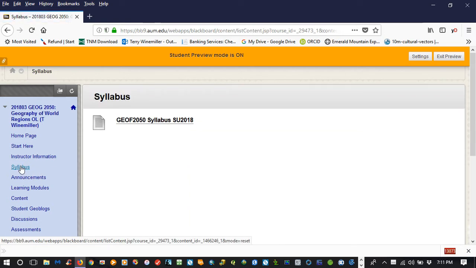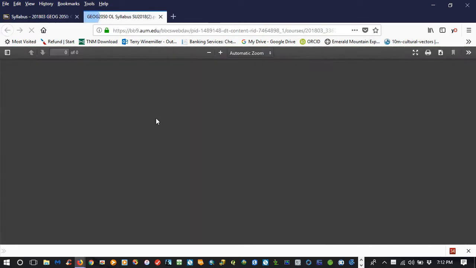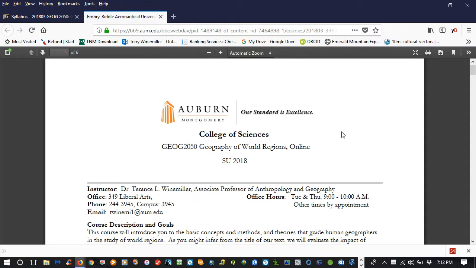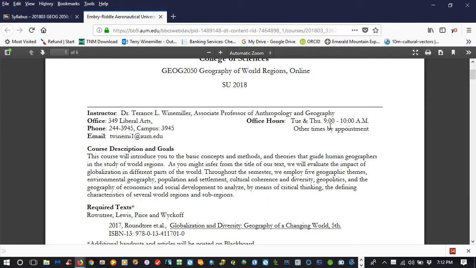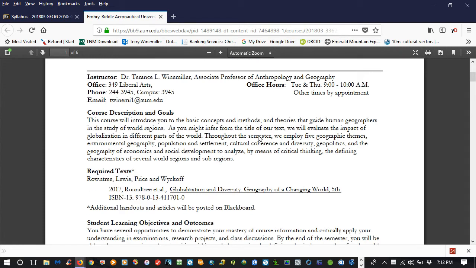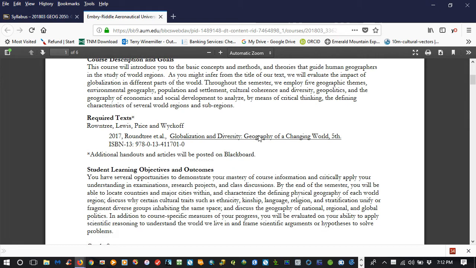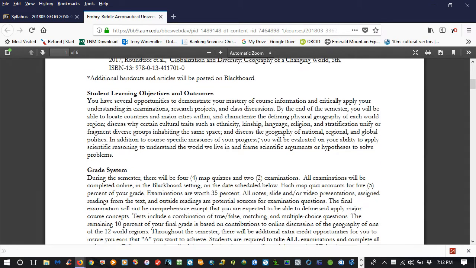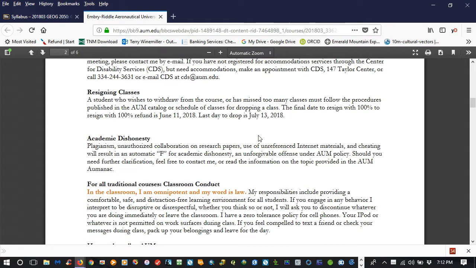So if you scroll to the main menu, left click on syllabus, the syllabus link will pop up. If you left click on that, and you probably have done this already, there's the syllabus. It's in PDF format, so you could download it or print it directly from Blackboard. Under the course description and goals, there's some information, but we're going to scroll down here to